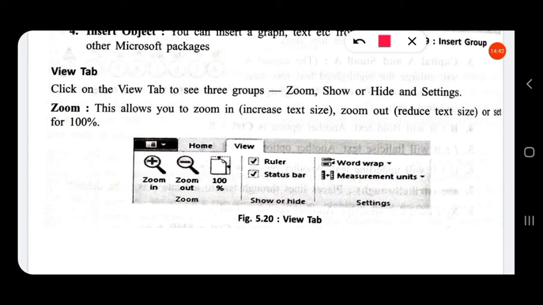Then we can tick on the status bar also here. If we untick here, the ruler will disappear, and if we untick here, the status bar also will disappear. Then the settings, to change the different settings of the WordPad.